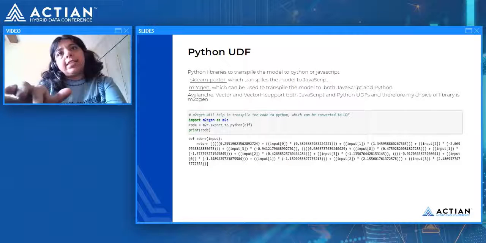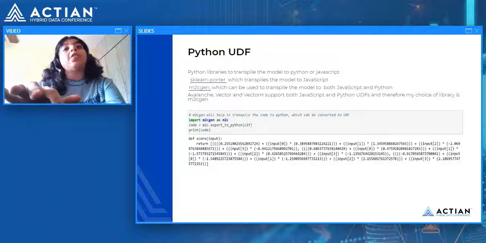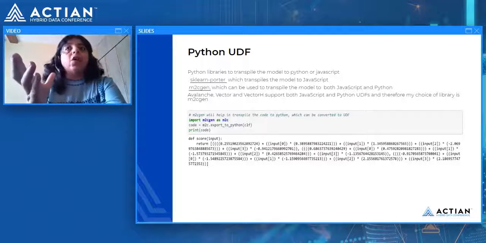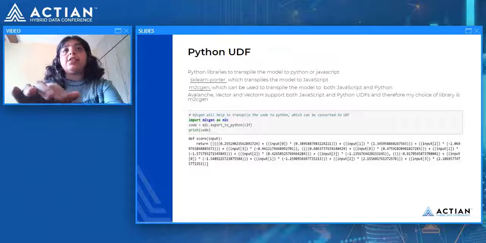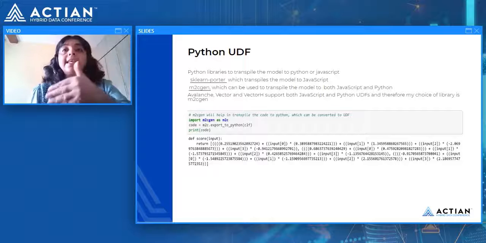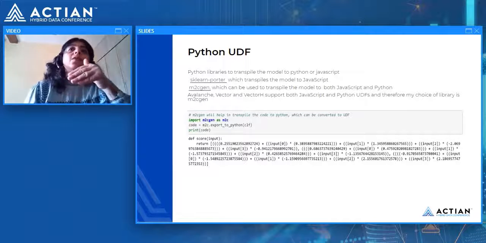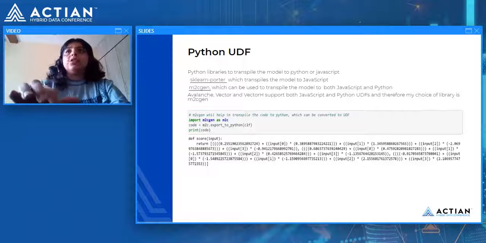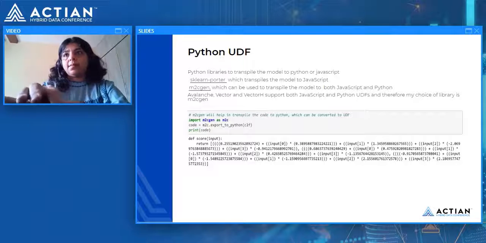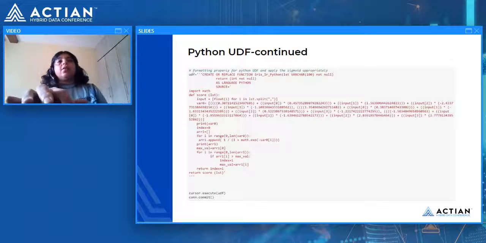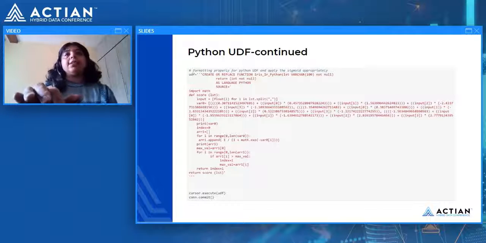So this is the first value I'm getting here, which tells me what would be the final value of that model. This gives the second value over here, and this gives the third value over here. So I'm doing this exercise 3 times with the same input value but different weights, which would tell me what belongs to what class. So once I have that, then I'm ready to make it into my UDF.